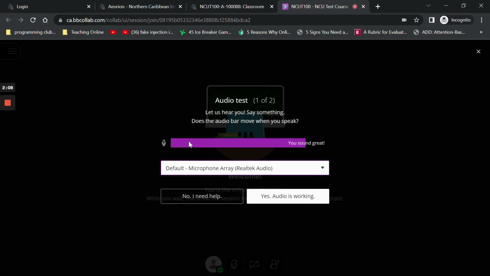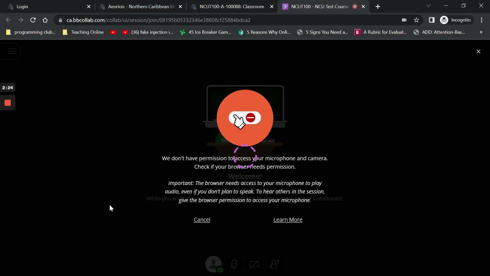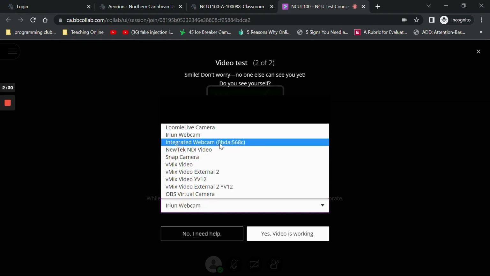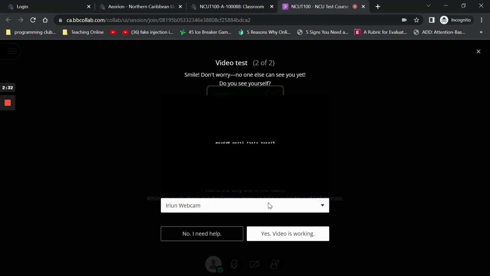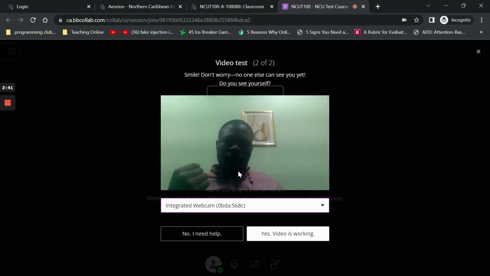Now, once we are satisfied that it is working, or if we realize that this bar is moving, it means that our audio is working. So we're going to click on yes, audio is working. So we're allowing the use of camera as well. So just as with the audio option, we can change which camera we use. Right, so we can go ahead and click on yes, video is working,